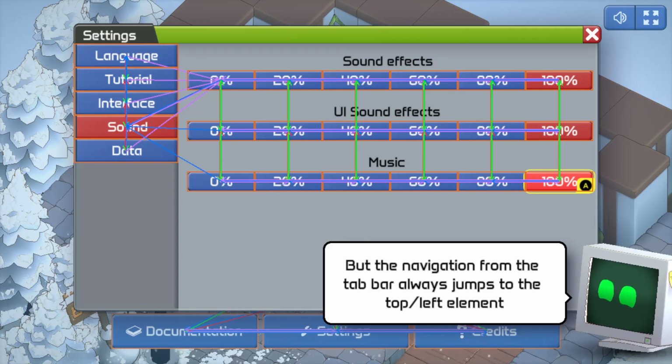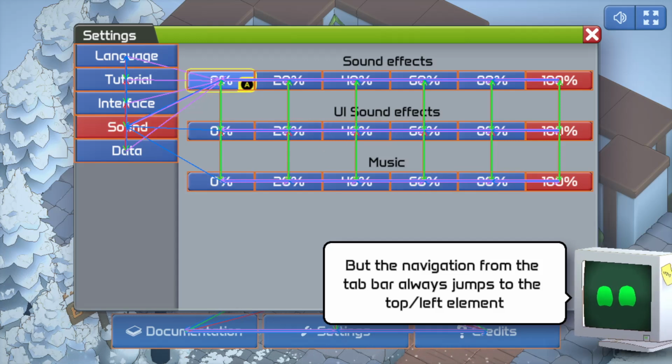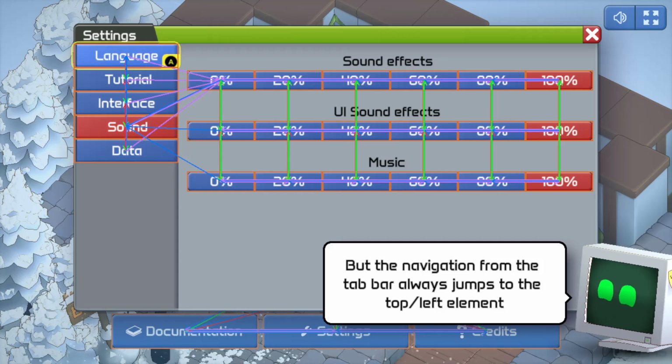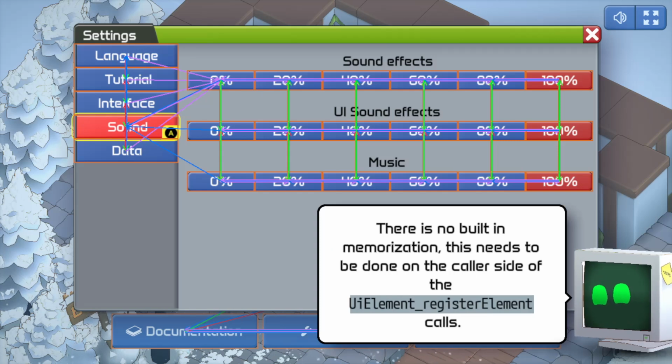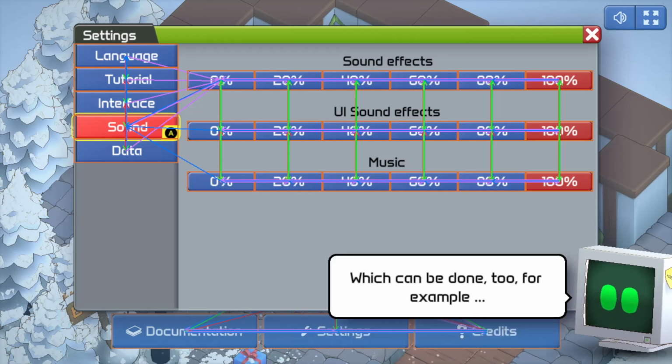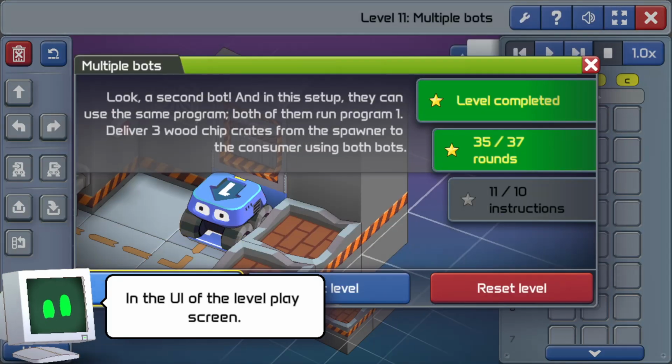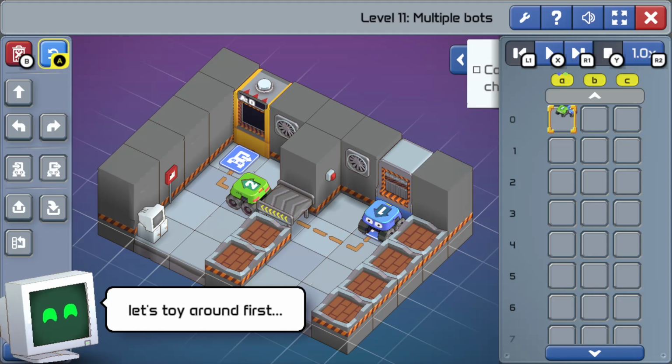But the navigation from the tab bar is always jumping to the top left element. So if I go to the left here and right again, I'm ending up here. Or if I'm on the language button here, I go to the right, I go to the left, I end up on the sound. There's no built-in memorization. This needs to be done on the caller side of the UI element register element call, which can be done too, for example here. This is the UI of the level play